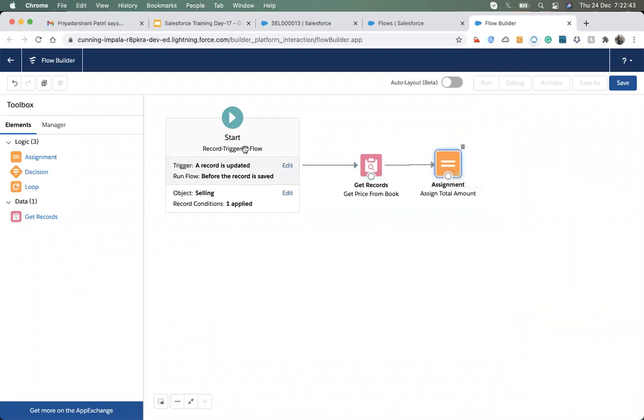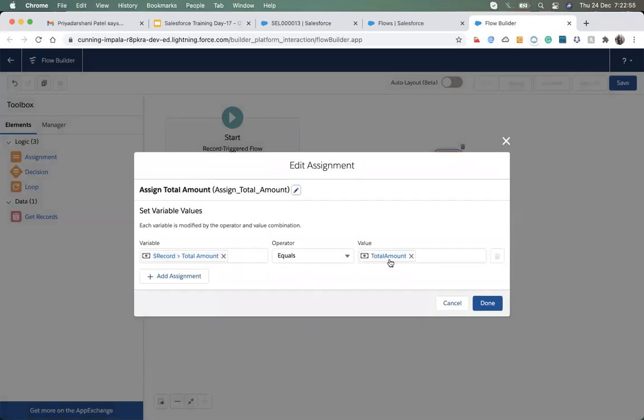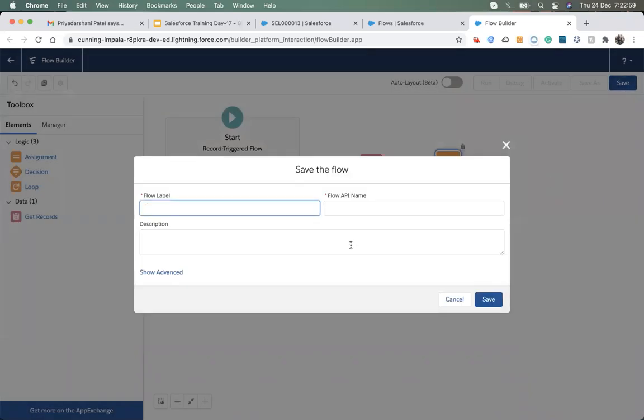So what it will do is, whenever the record is updated, this trigger will fire, this flow will fire. It will get the price from the book and put that price into the total amount and do our calculation. So I hit save.